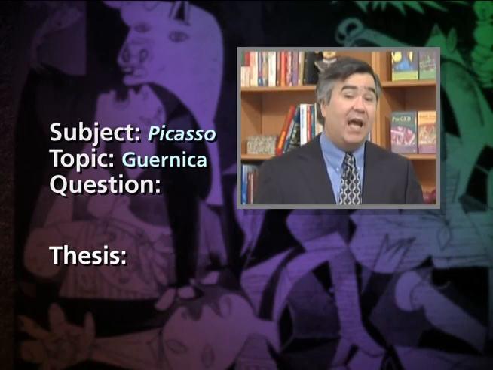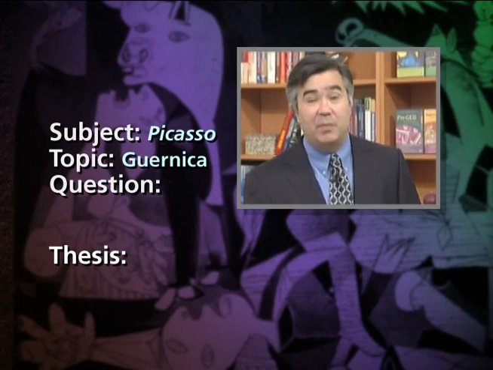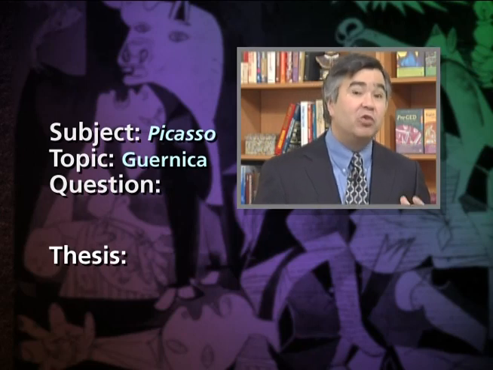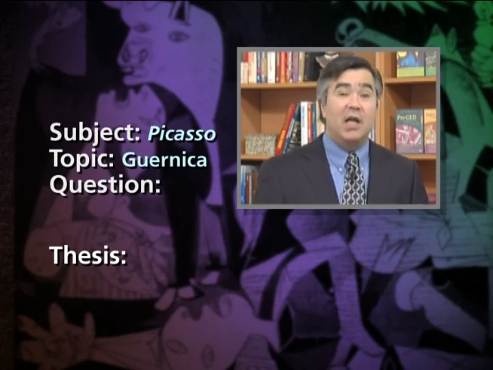This was viewed with horror at the time. It was considered an act of barbarity by the fascists who were trying to take over Spain. And Picasso, who was a native of Spain, was deeply moved and troubled by this event. And he decided to paint the picture Guernica as an act of protest against this modern barbarity, the attack on this wonderful city that he loved. And the painting Guernica became a very influential anti-war statement.